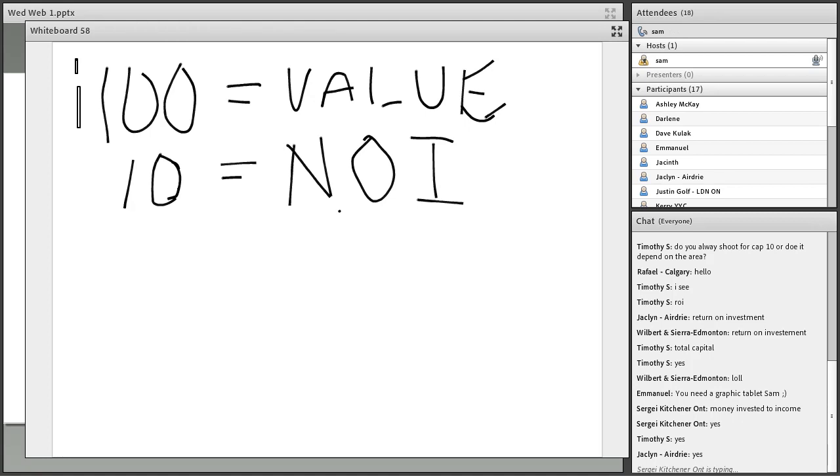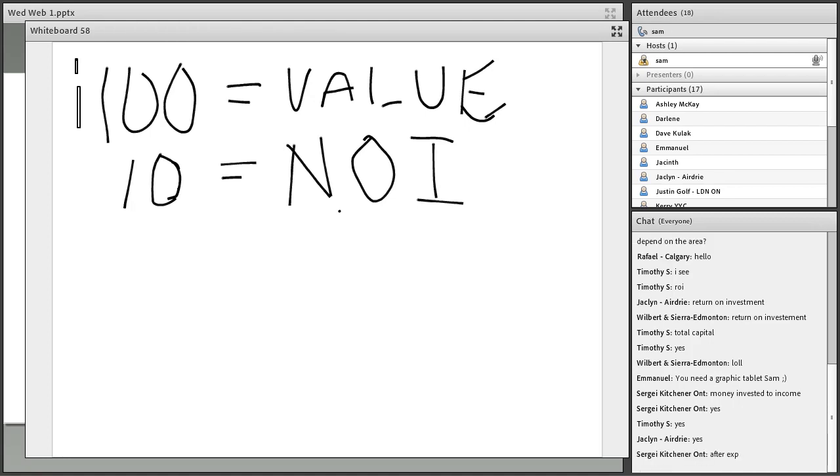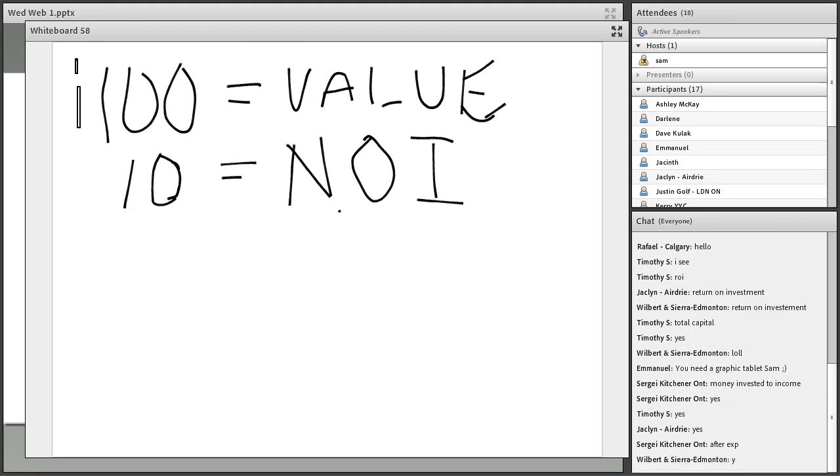Net operating income is all my expenses accounted for, including vacancy, maintenance, and management, taken away from my gross income. From my gross income, that gives me my net operating income, okay? The reason we want the 10K as the net operating income, which is a 10